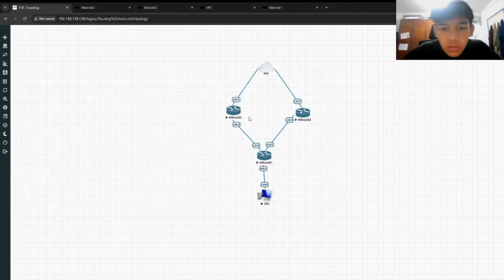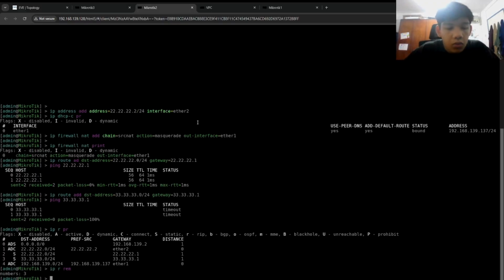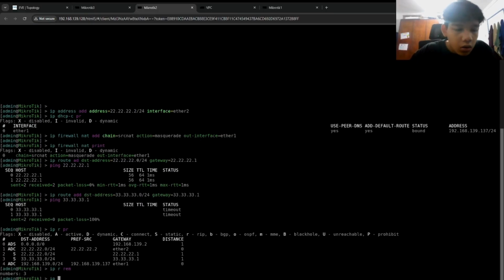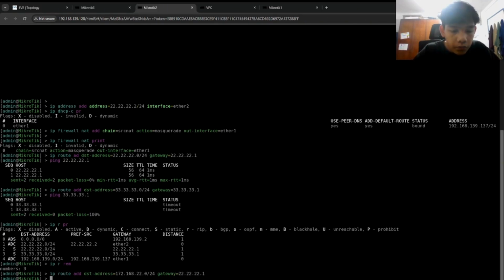Okay, in this router, you just log in on one of the routers, and then you need to static route the client in here. So like this, the command is IP route add destination address /24 gateway. So you just need to ping it to see if it can or not.